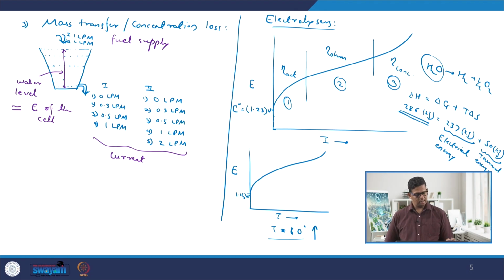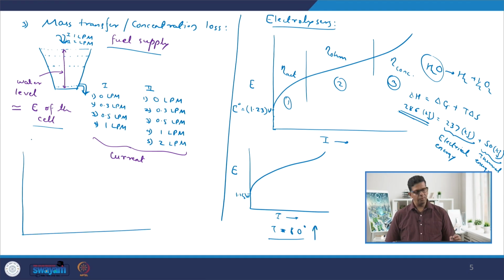So, we can relate this example to electrochemistry, wherein the water level in the bucket can be considered as the potential of the cell, whereas the water that is input to the bucket is just like your fuel supply, that is hydrogen in our case, and the water that we are taking out from the lower tap is the current that we are drawing from the cell. So, with this we can understand that in case of fuel cell,